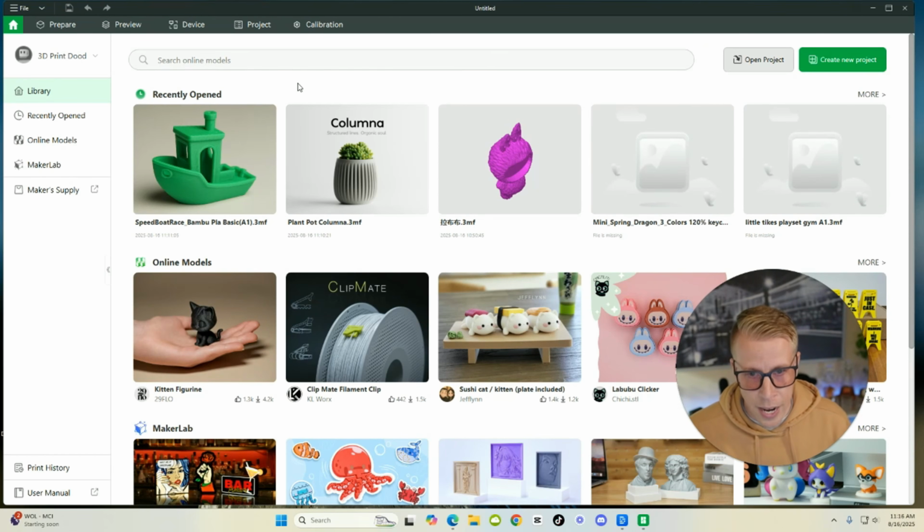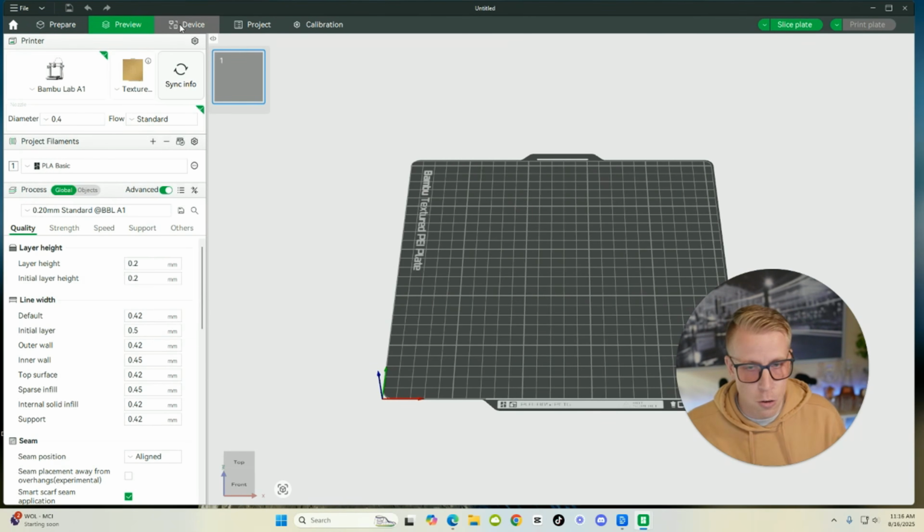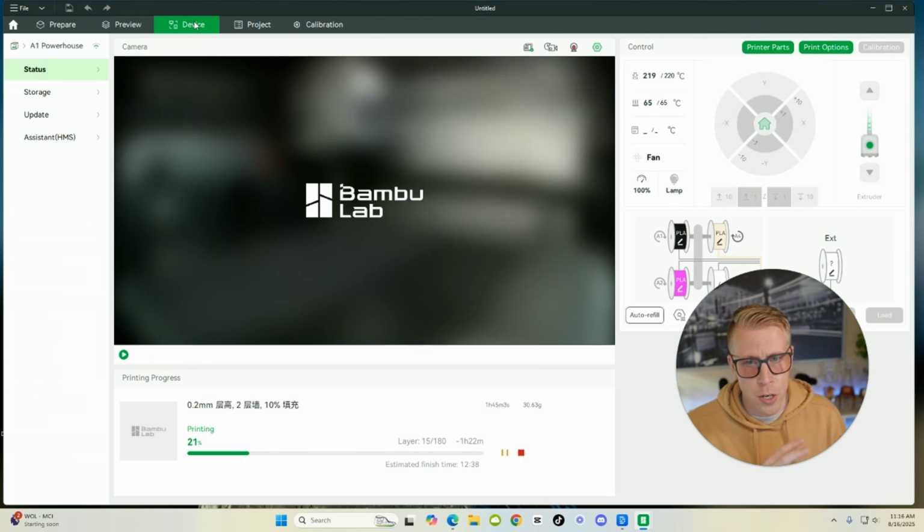So this is what the dashboard looks like in Bambu Studio, right? And I know it's overwhelming at first, but let's just explain this because I'm going to break this down so that an ultimate beginner can do everything in here, right? So these tabs at the top are essentially all the tabs that we're going to be using in the actual slicing of the files. And I know if you click on them, it's a bit overwhelming, but just make sure on your device tab